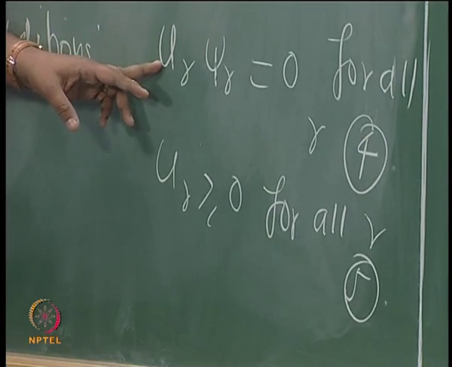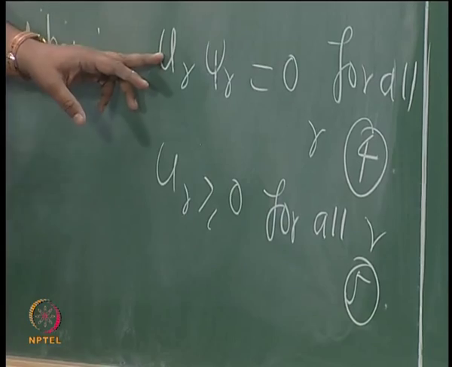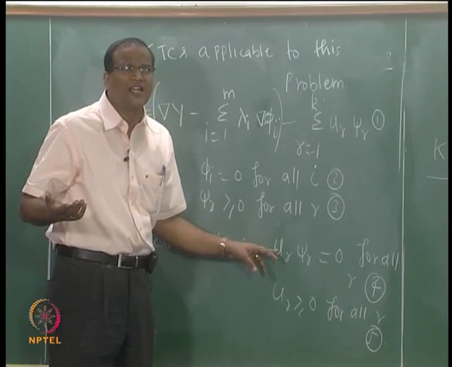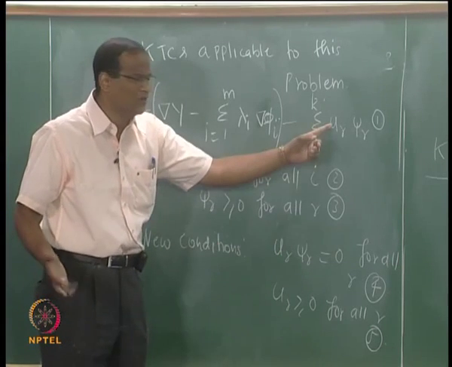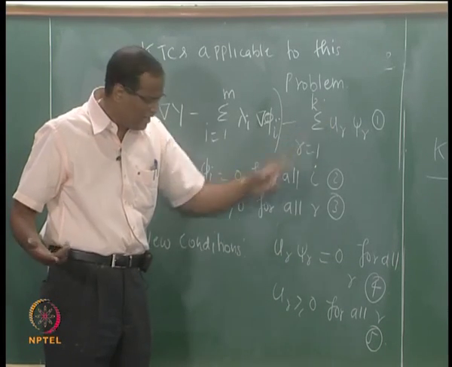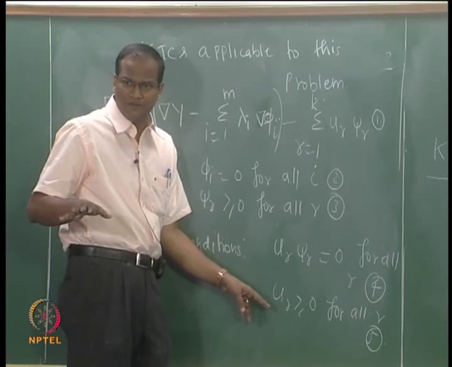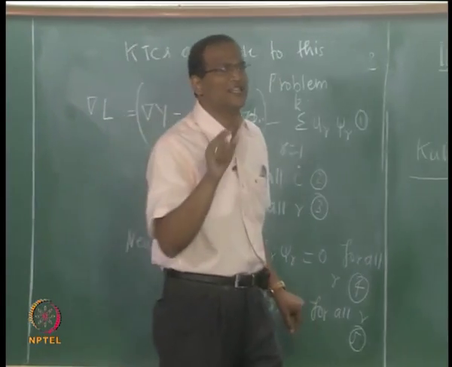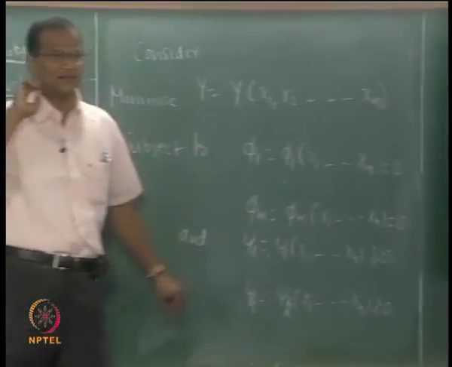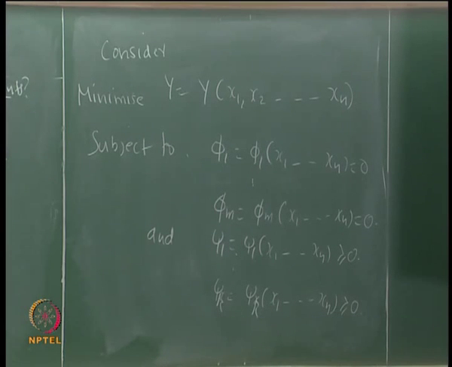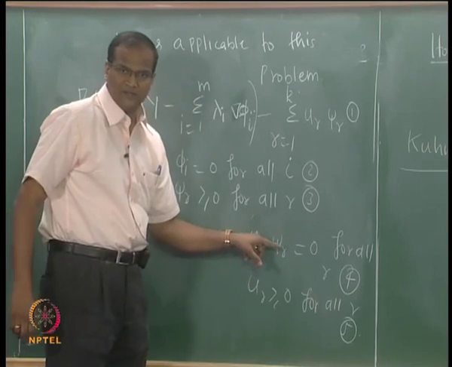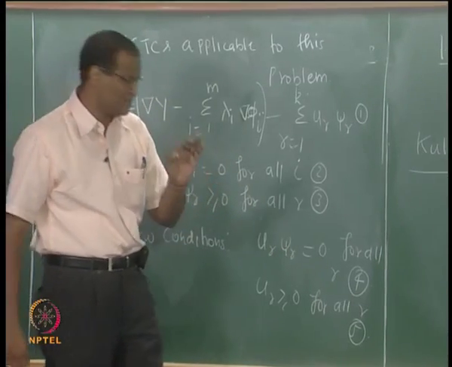If u is equal to 0, there is no problem at all. u is the sensitivity of your objective function with respect to that constraint. If u is equal to 0, we are home. It is no longer an active or binding constraint because it no longer affects the solution. We are worried about those cases where u is not 0. If psi is equal to 0, then it is a problem because it is an equality constraint, a strict condition. So there is a complementarity involved, either this or this. This is called the complementary slackness condition.